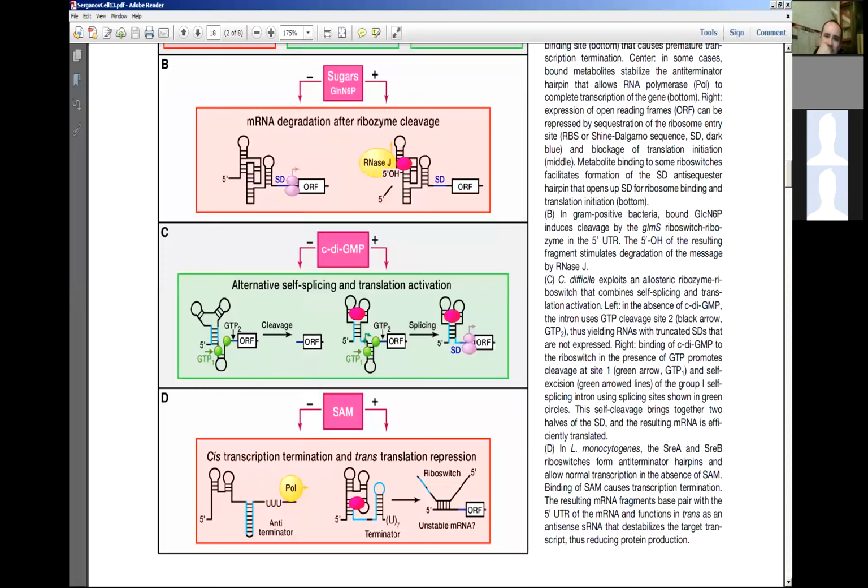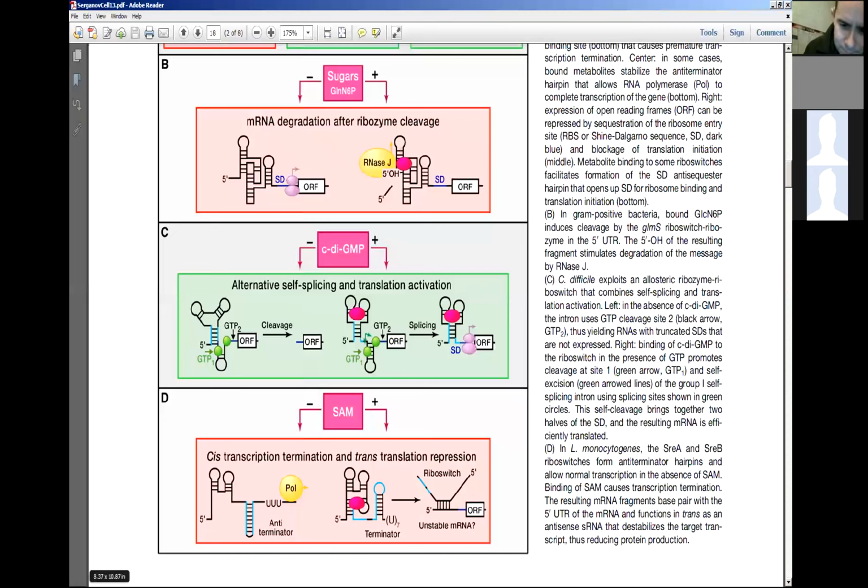Also in eukaryotes, you can actually have changes in splicing. So you can have regulation of the splicing. And then at the bottom here, figure 1D is sort of a special case of this anti-termination and terminator mechanism,